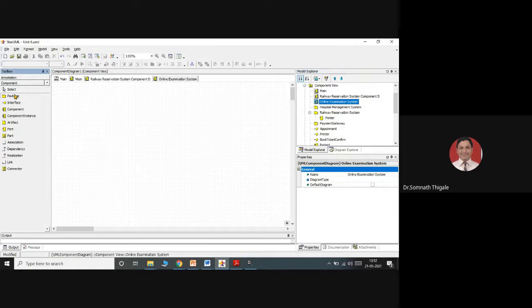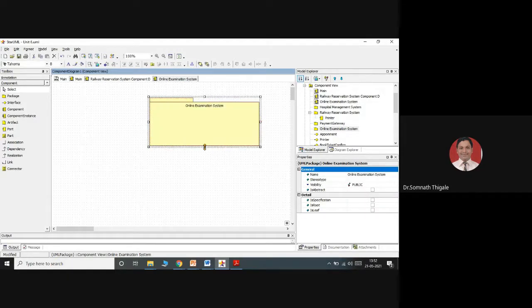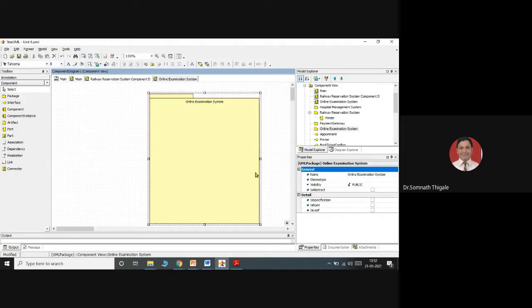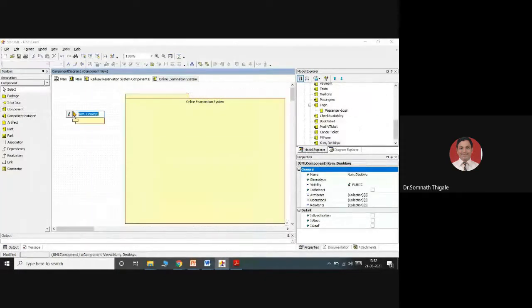So the package I will consider online examination system. Consider this package. Okay. So who else, which user will be there? We will consider them as separate components. The first component we will consider as a student.